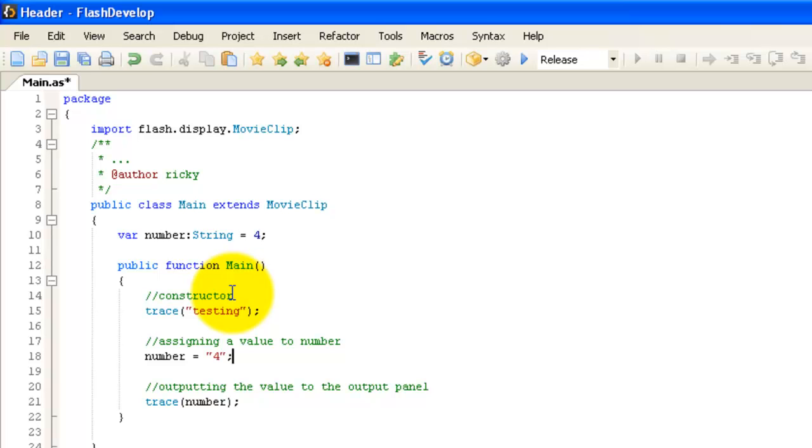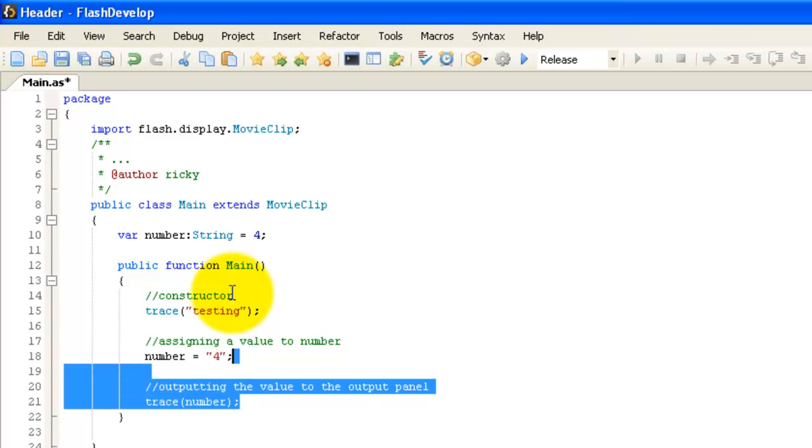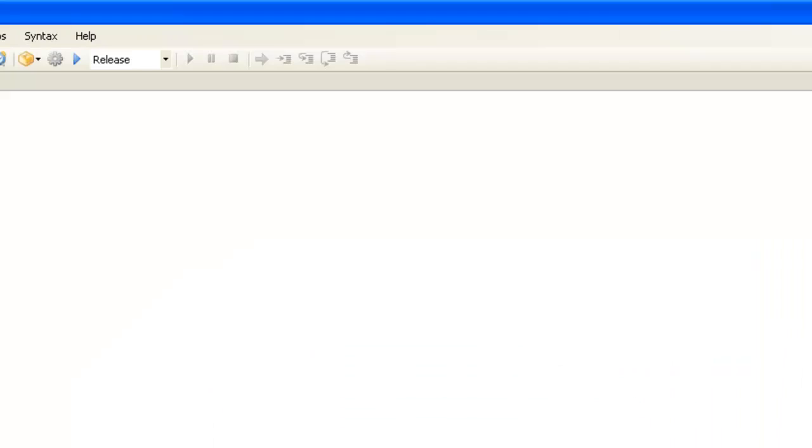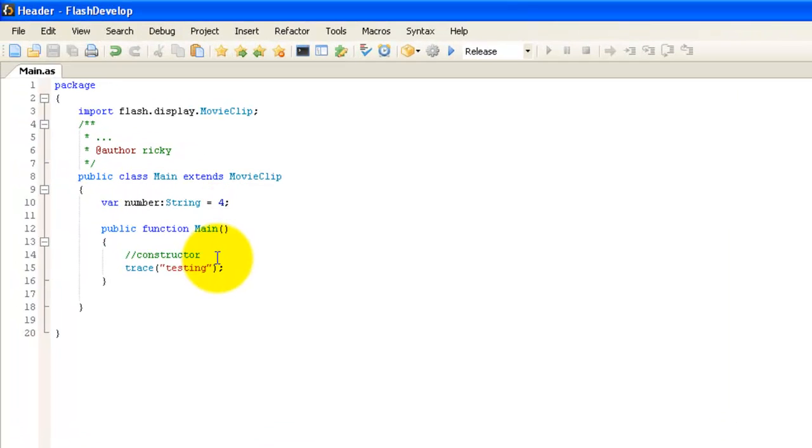Now I'll show you what happens if I just put the number 4, which is actually a number, and not a string. You're going to get a compile error when you try to run that. It's going to say implicit coercion of a value type of int to an unrelated type string. Now there's two ways to solve this. We can either make it into a string just by putting quotes around it. Now that will solve the problem, and we'll trace it out again